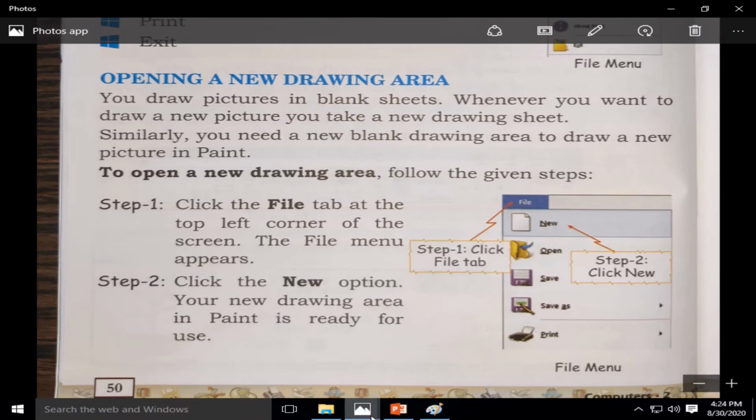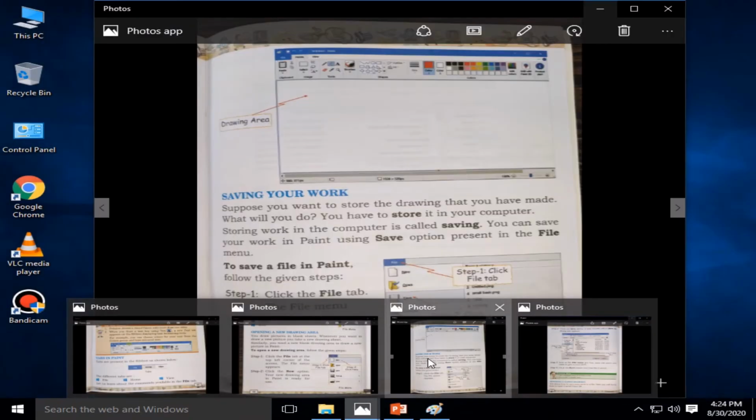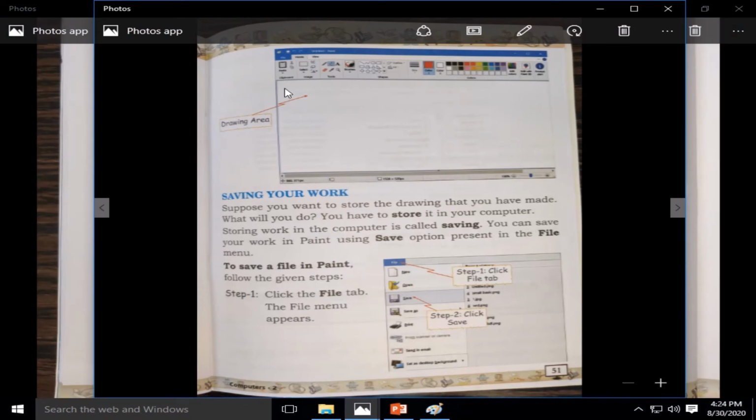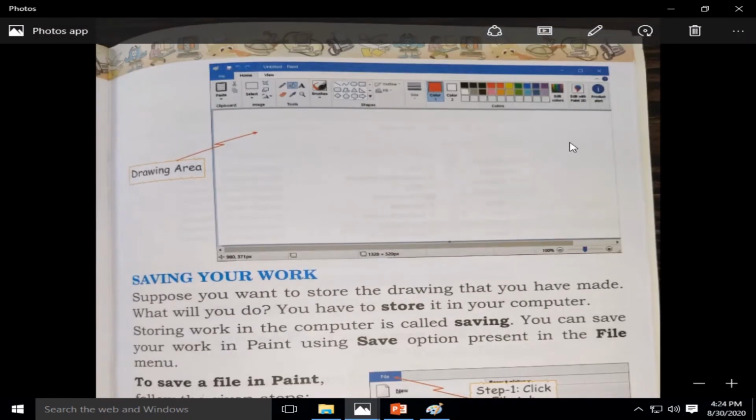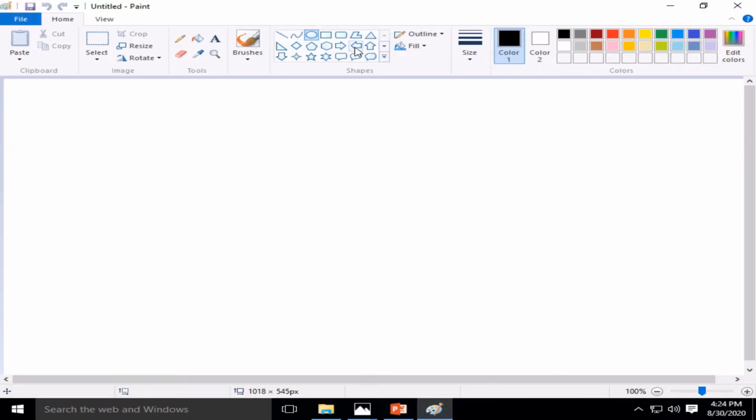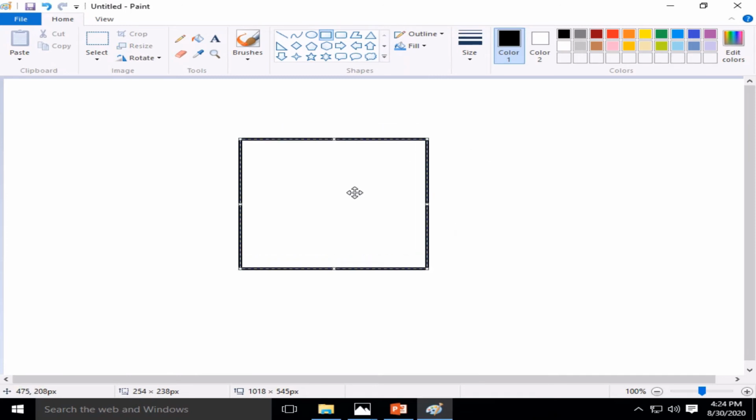So you can click on New, and then you will get a new drawing space. This is the new drawing space. Let me show you. Suppose in this sheet you have drawn a square.